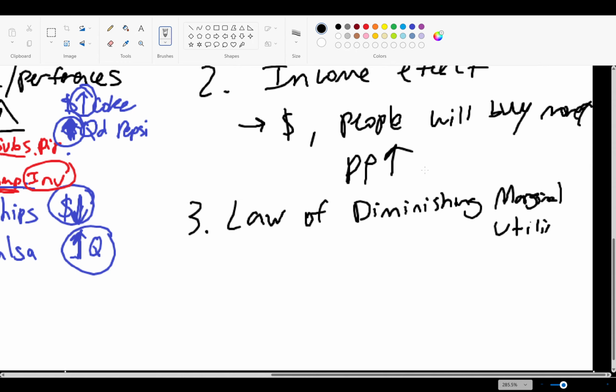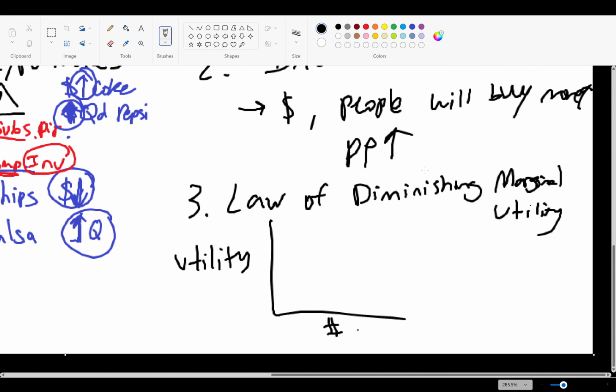Let me write utility. So we have a graph here, and this is the utility you get out of each additional good that you buy, so the number of good or service. For example, if the first tea kettle that you buy, you see a lot of uses for it. You could boil tea, you can make water, and a lot of other stuff. The second tea kettle, you still find some use for it. You could maybe boil water faster, but as soon as you get to the third tea kettle, the fourth, the